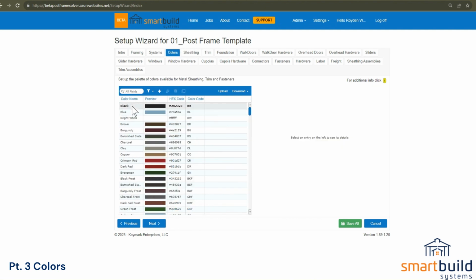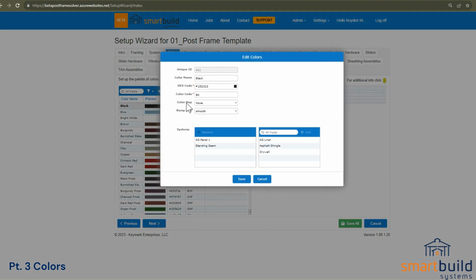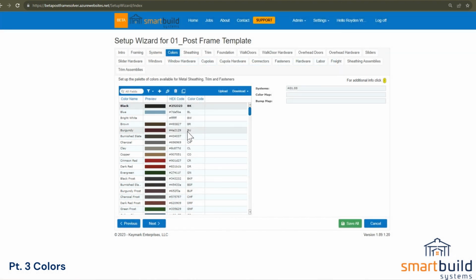So we've set up a metal color, and if you notice, we don't need a color map and we don't need a bump map. Those will be coming through on the product. So that's in the panel setup, and again, we'll have a panel setup video later, but we're just focusing on the color itself and how it gets applied to trim and sheeting. So if we skip on ahead and you say, okay, yeah, I understand how to do all my metal colors now,